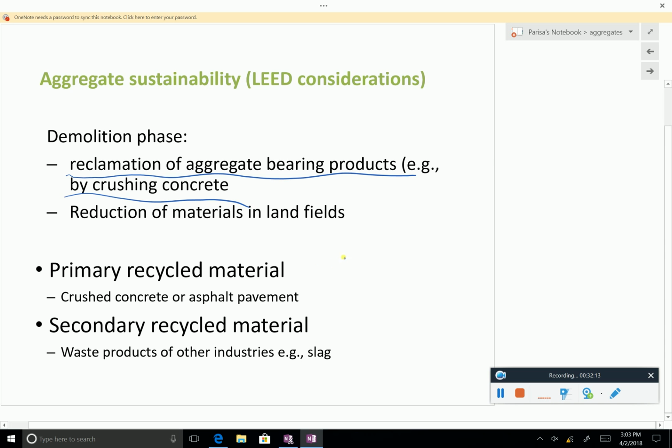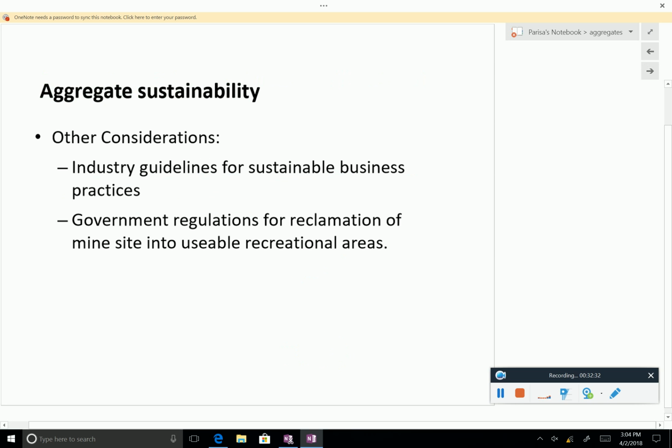Another aspect that we talked about was using the byproducts of steel mills, for example slag, as a manufactured sand. So there are ways to ensure sustainability in handling aggregates. And there are industry guidelines and government regulations which are becoming more and more important, and engineers need to